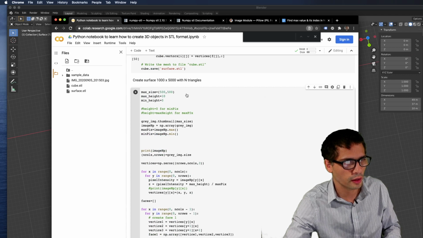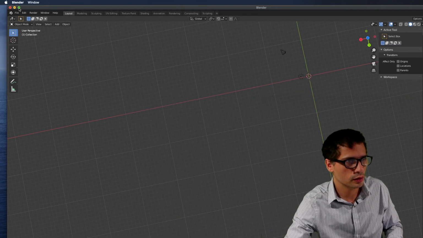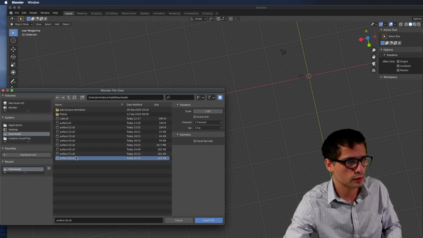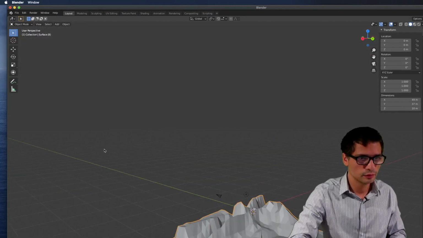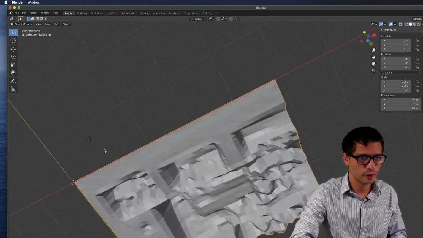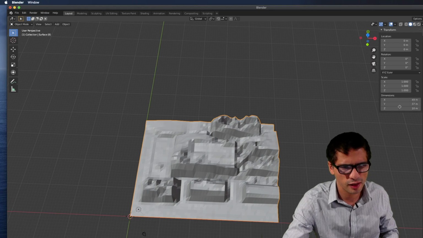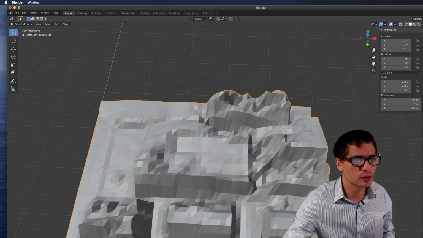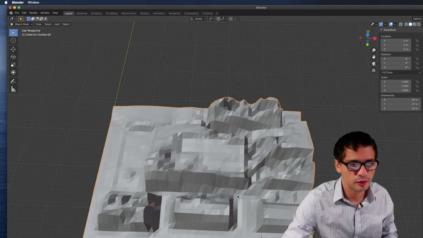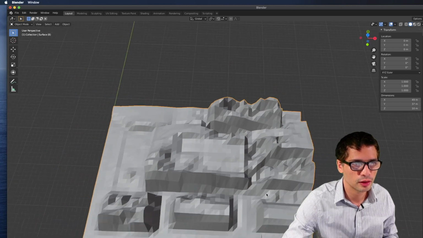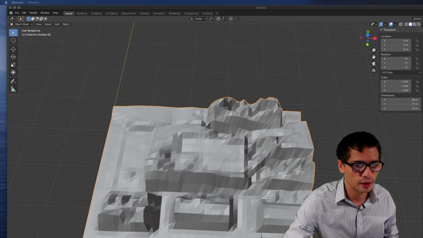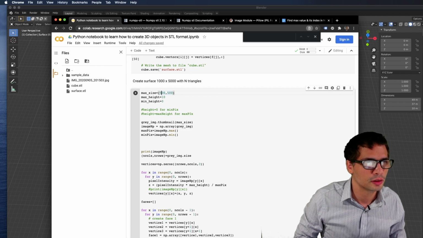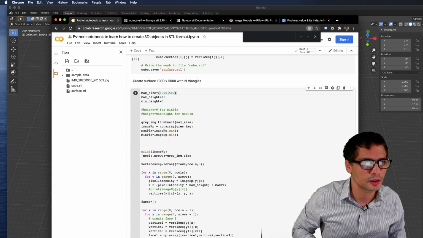So 500 times 500. So hopefully this is going to be a bit more clear in what we're dealing with. I'm not sure if this looks very good, but we do have the right, you can see here in the dimensions, the max height is correct, 10. But maybe it's a little bit too much height there. I'm going to make the resolution a little bit lower, see if we get a little bit more.